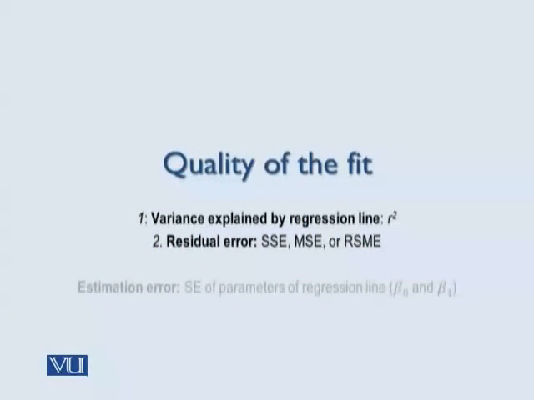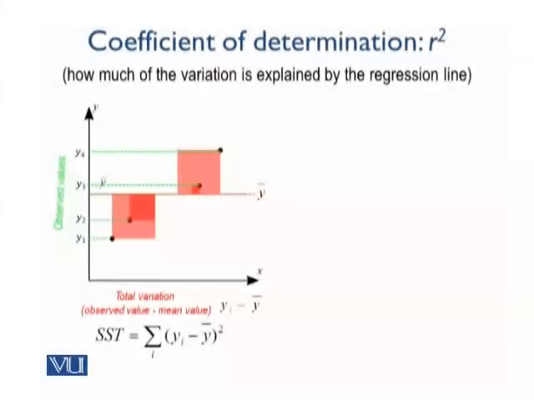So let me now wrap up this lecture by talking of the quality of the fit. So how do we actually determine the quality of the fit? How good is our regression line? तो उसके लिए there are different methods. And all of them actually are based on the residuals that you have. लेकिन जो method हम discuss करेंगे, that is the method of coefficient of determination. ये जो coefficient of determination होता है, it's just the squared value of the correlation coefficient.